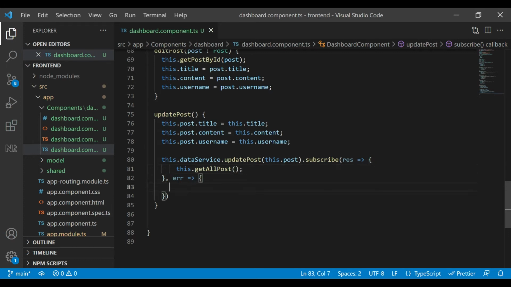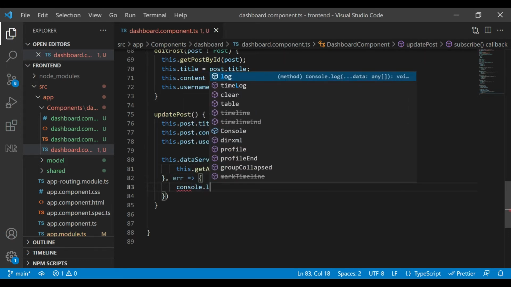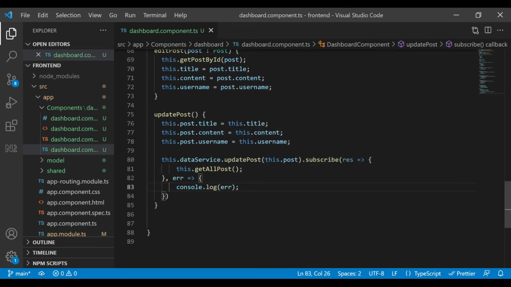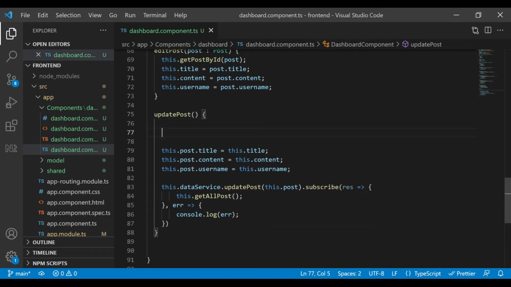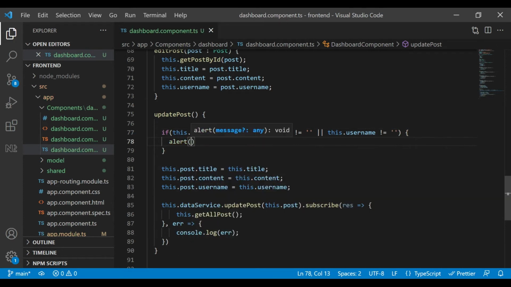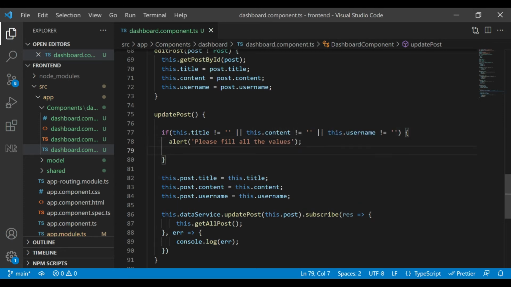After getting a result we are going to call the method get all post again, and if we are getting an error then we are going to write it on a console window. You can see that error in our developer tools inside Chrome or any browser. So update post. Before updating that we are going to check if the title is exactly equal to null, or the content is exactly equal to null, or the username. So if it is null, then we are not going further. We are alerting a message there, these fields cannot be empty, and we are going to return from it. Okay,